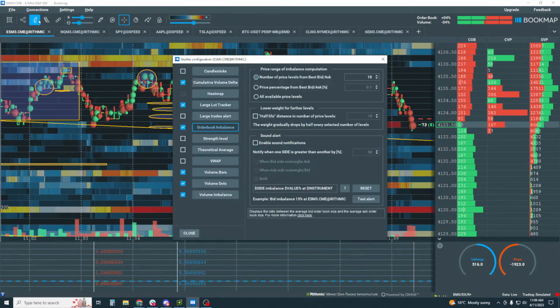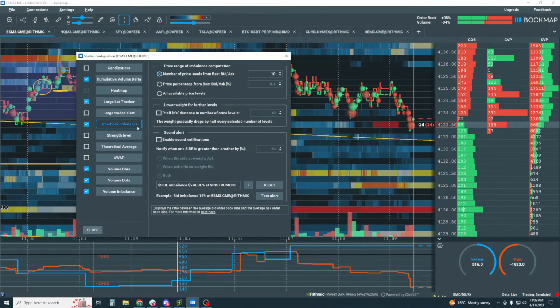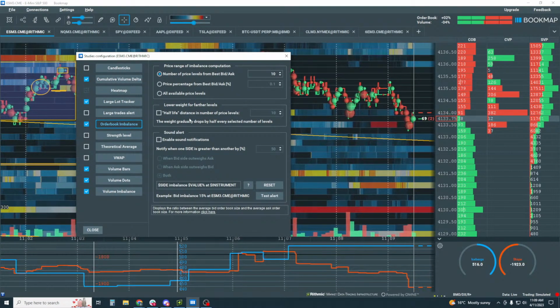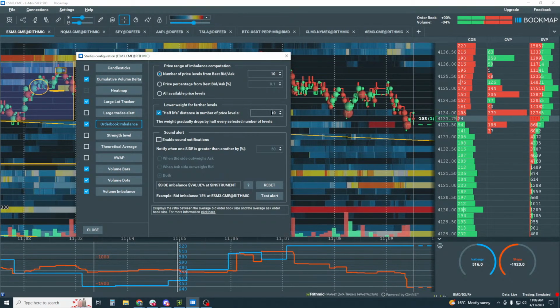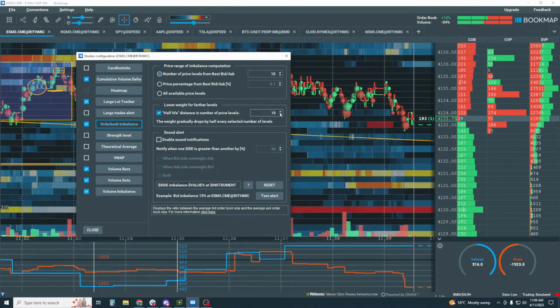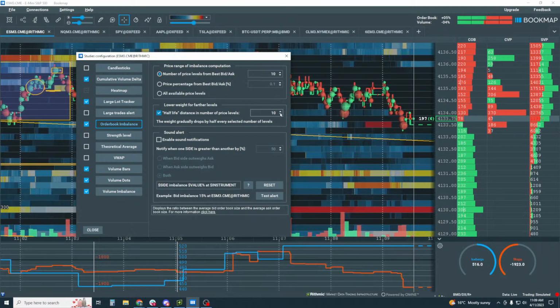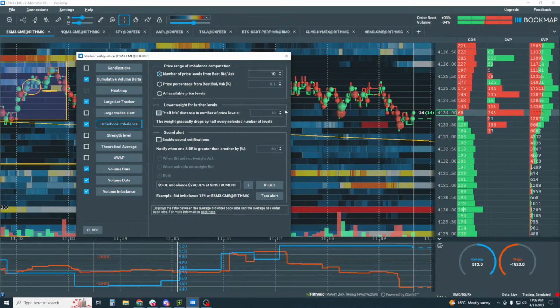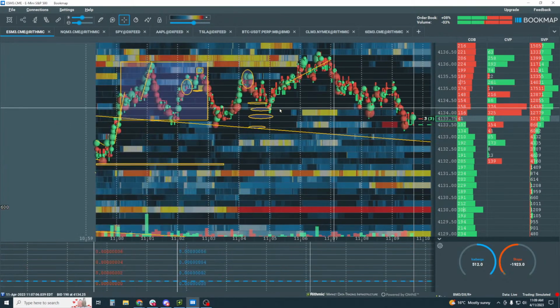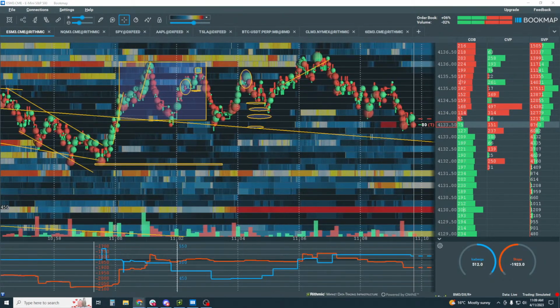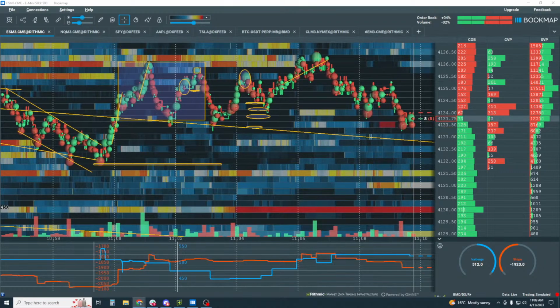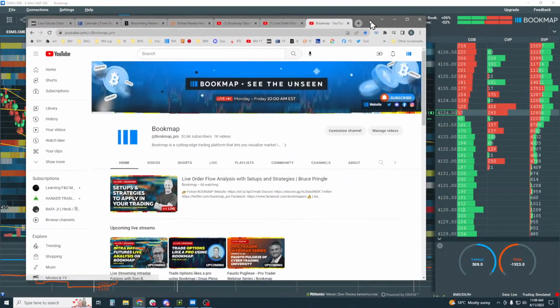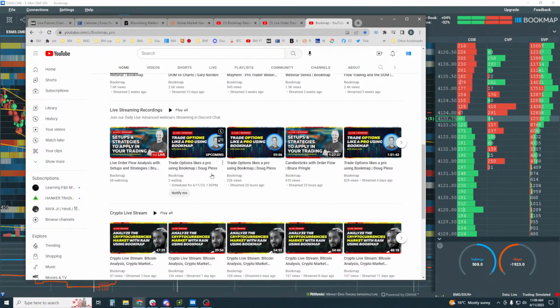The settings in here too. There's a video on this, Rob. There's 10 levels here. You can put a half-life, it's kind of like a moving average, exponential moving average. You can get alerts on it, etc. Anyway, I can show you where that video is. It's under our channel here. If you scroll down,